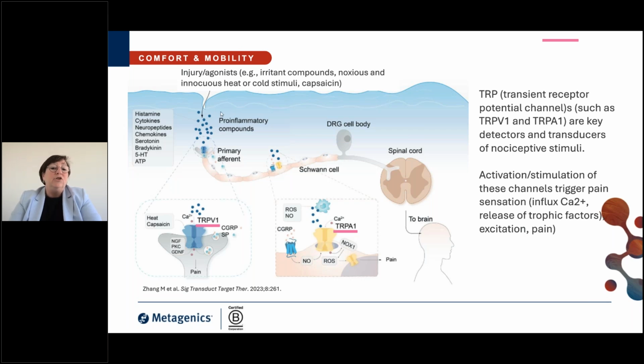If, for example, there is an injury or a stimulus because of heat or cold or whatever, or a specific irritant compound, there will be some pro-inflammatory compounds that are released. They can activate or block or work on the TRPV1 or the TRPA1 receptor. For example, there can be an influx of calcium. There will then be a release of specific trophic factors. There might be an excitation and there might be pain. So those receptors, TRPV1 and TRPA1, also play an important role in, for example, the pain that